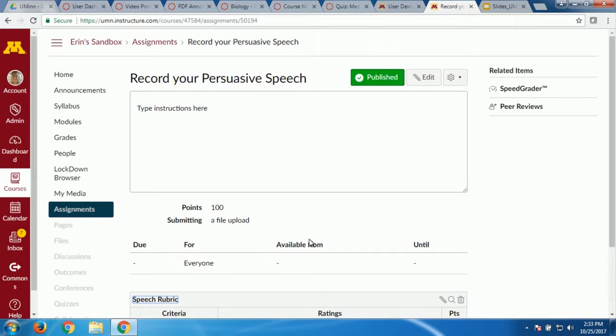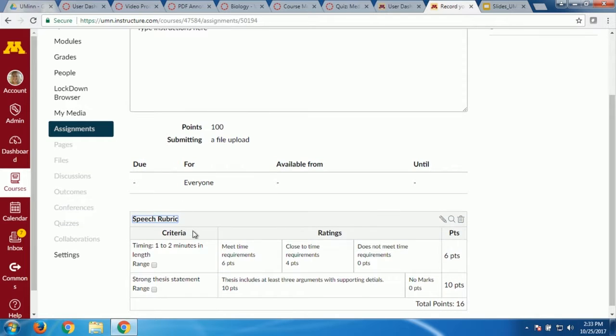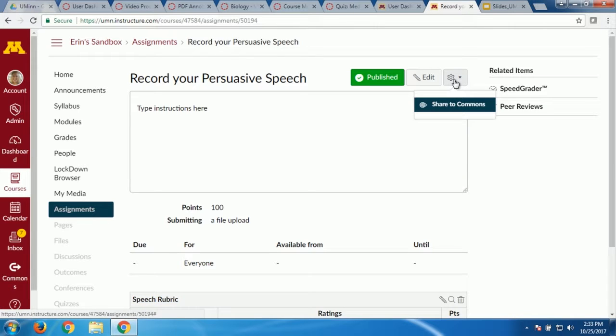So, yeah. Yes? Could you share how you would go about sharing a rubric with others? Okay, yes, so that's the one thing we didn't get to. One way is for your admins to put a common rubric for your department. But what if you just want to share with a group of teachers you're working with? You'll want to build an assignment with a rubric. It could even just be blank, just have the rubric with it. And when you share that to the Commons, see, the gear for that assignment has Share to Commons, it'll share the rubric with it. And so you don't even have to keep the assignment. Once the rubric's in the course, they have access to that rubric. So the best way would be to create your assignment with the rubric and then share to Commons.